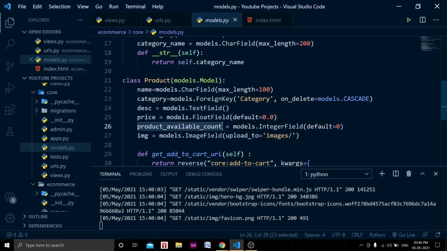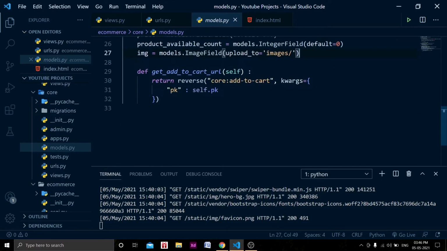Product available count. If you have some video game cassettes, but there are only 4, some customers just bought 2 video games, and at the same time another customer bought 3 video games. So there will be 5 video games which will be bought, right? But we have only 4. That's why we will add product available count, and in the checkout form we will check if the product count is less than this product available count, and then we will proceed to checkout. Otherwise we will ask them to delete some items, right? And in the image field we will have the image of that product.